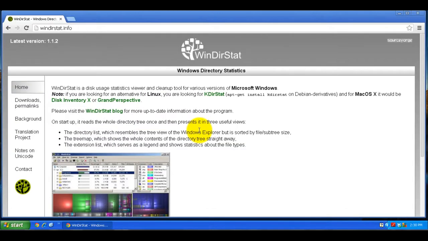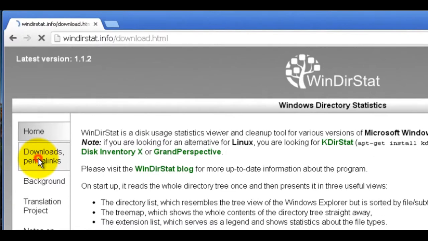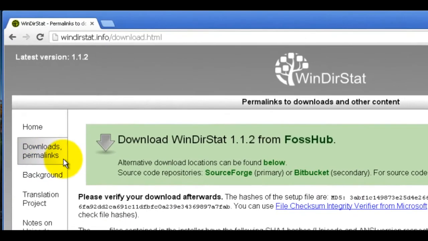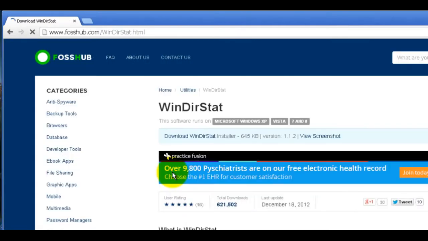But basically, to download the program, you come over here to the Downloads Permalinks. Click on that, and there are various places within the site you could download it, but I would just go with the main one that they're showing here, where it says download WinDirStat 1.1.2 from FossHub. So you click on that, and right down here you'll see it says download WinDirStat installer. So you click on that,